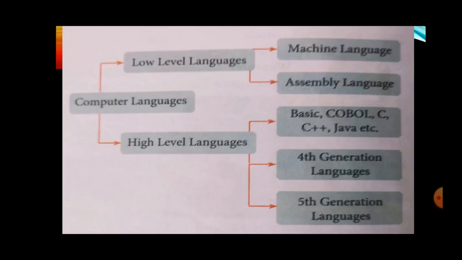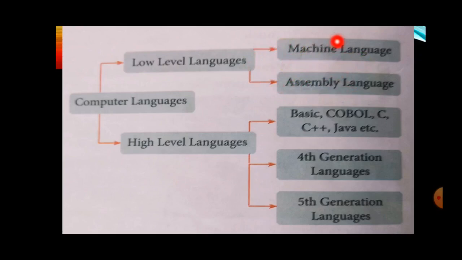Now in this slide I am going to discuss computer language. As you know student, language is a very important medium. Okay, if we have to communicate with the computer, then we need a language. So computer language can be divided into two important types. The first one is low level language and the second one is high level language. Under the low level language, there are again two languages, machine language and assembly language.